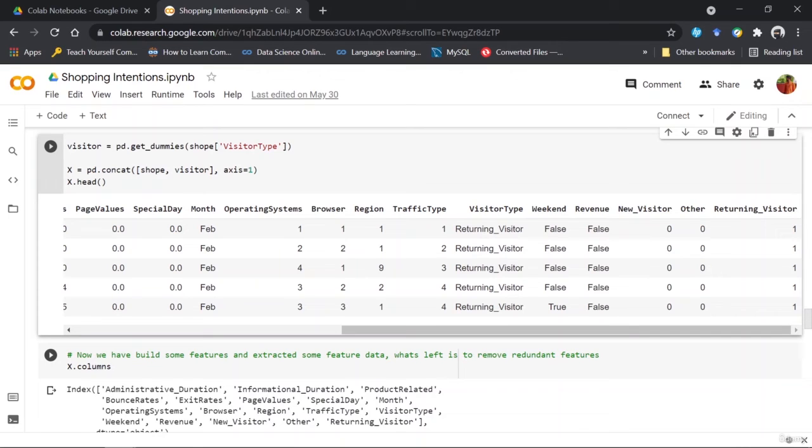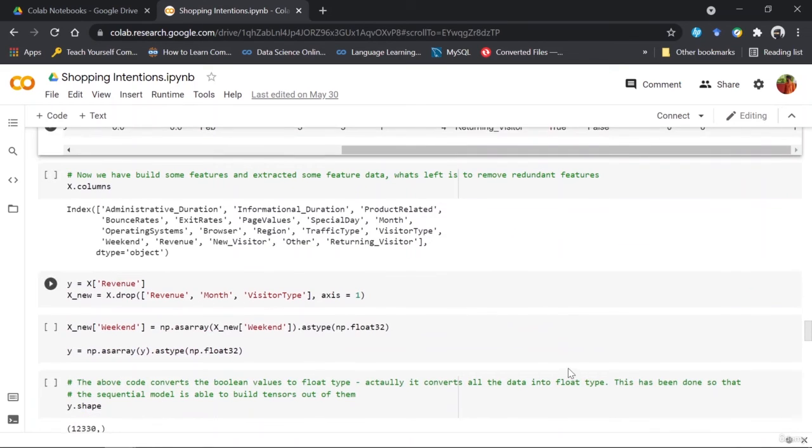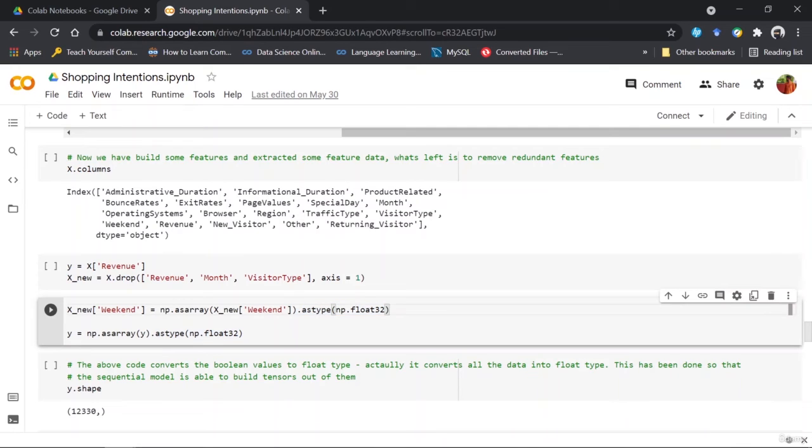So for the weekend, what I'm doing is actually converting it into 1 and 0. So false for 0 and true is converted to 1. And how I'm doing this is using my as type function over the weekend. So I'm building a new column and having ones and zeros as its data points.